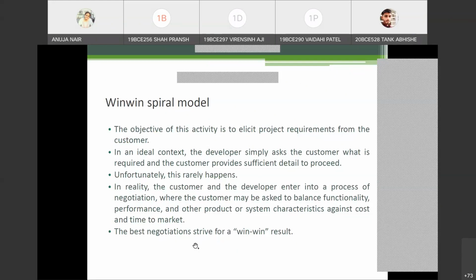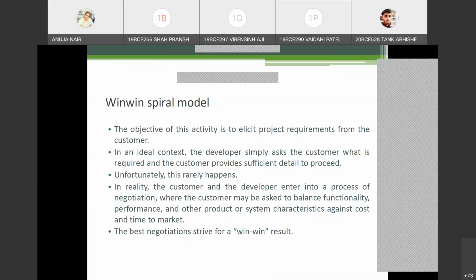So what does win-win mean? That you are winning from both sides. Like you are going to buy something, so you bargain. When you are bargaining for some XYZ product, you put up your price and then the other person puts up their price, and then you come in between, right? You decide on an amount in between, so that is a win-win situation. It is good for you, and it is good for the other party as well. That is called a win-win situation.